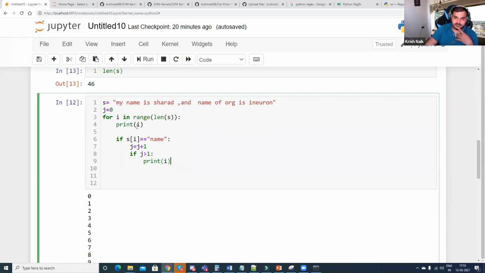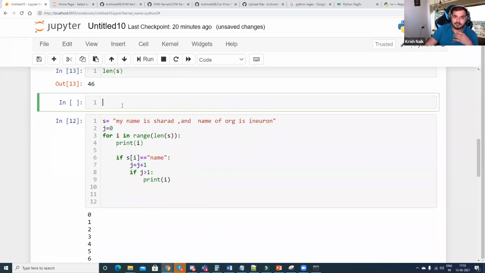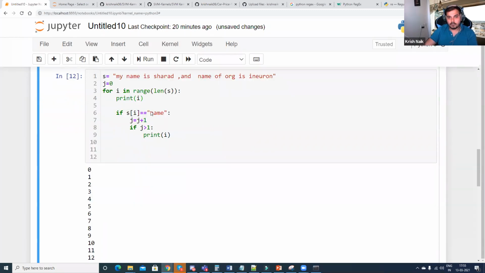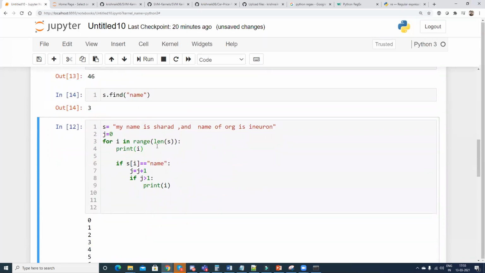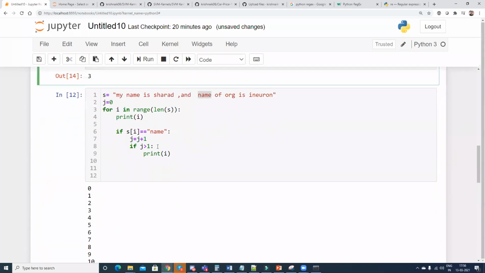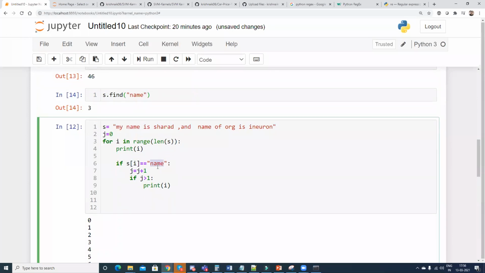Yeah, that is also very simple by using an inbuilt function, s.find(name). If you write it like this, it will give only the first index. Yeah, I want the second. Yeah, that's what I was trying to say. Once we encounter the first name, we need to have that continue option so that we skip it and